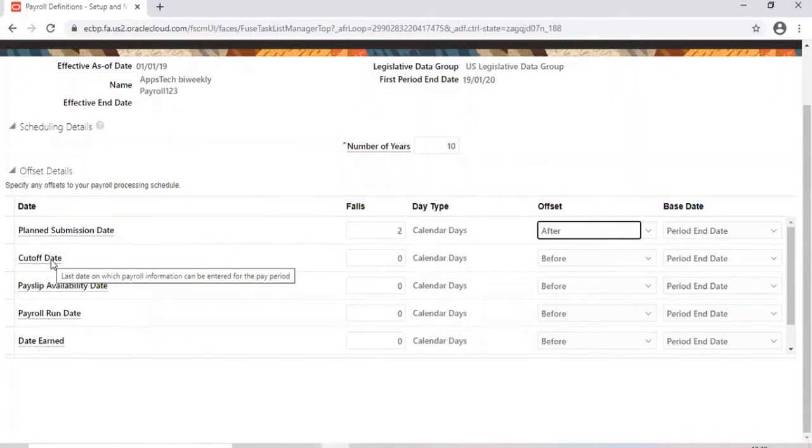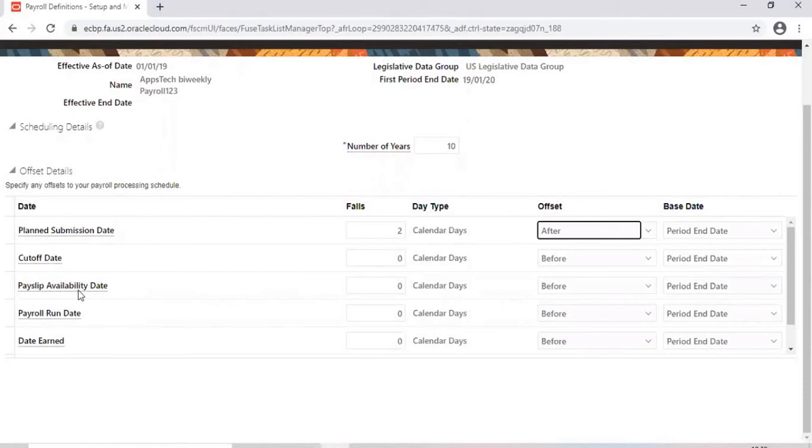For that period, employees generally get their fixed salaries. On top of that, you may enter certain payroll information. So what is the cutoff date by which you have to enter that? Maybe you can keep it 0, or you can keep it 2 days in advance or 2 days after. It's up to your client requirement.